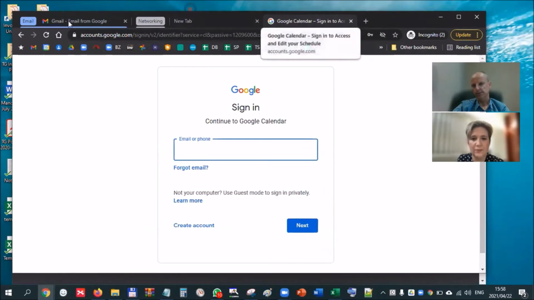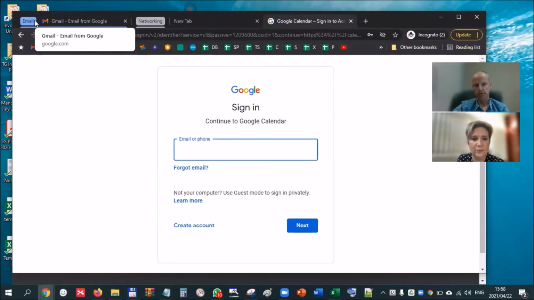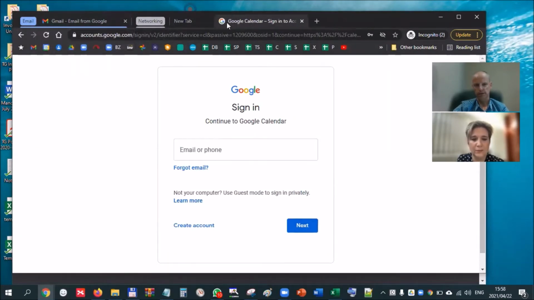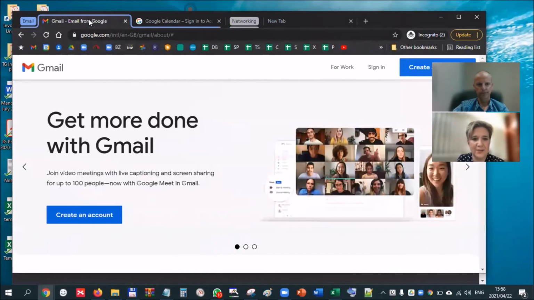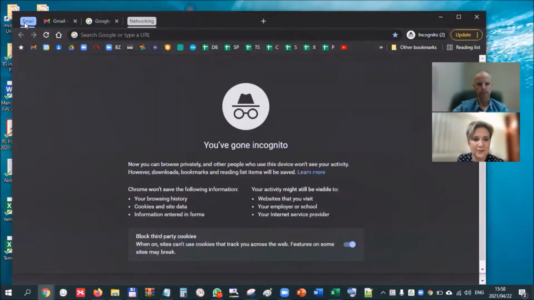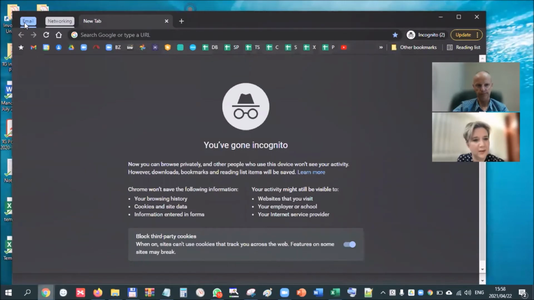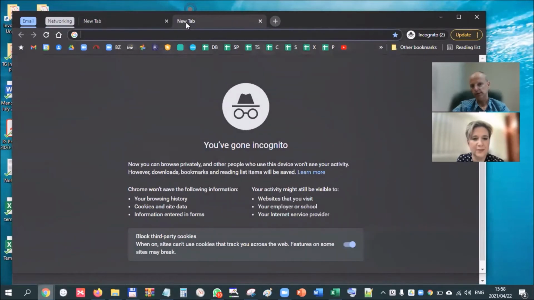Now, if I want to take this tab and make it part of the email group, all I do is drag it into that group. You can see the color changes to the same color as the tab. It becomes light blue. Yes. So all these things are now grouped together, and I can collapse them or I can expand them. And you can create new ones.